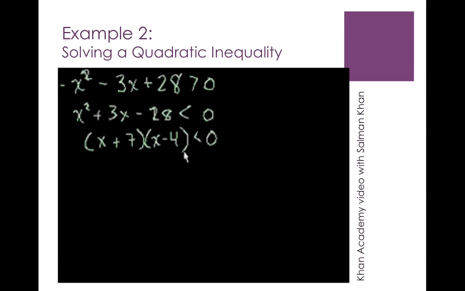So if this was equal to 0, we would know the two roots of this function. Let's define the function f of x. We can define it as this or this because they're the same thing. But just for simplicity, let's define it as x plus 7 times x minus 4. That's f of x, right? Well, after factoring it, we know that the roots are x is equal to minus 7